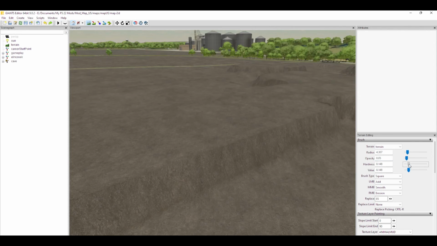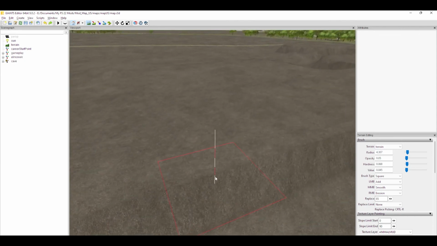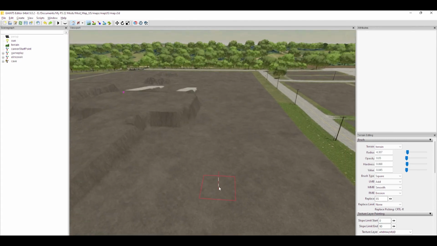Hardness, go down a little bit lower. And even the value, we can turn that down a little bit lower. Now, the thing to keep in mind, too, is that since it's water, it's going to have a greater effect going from areas of higher land to lower land, obviously, because water runs downhill. So it's going to have a bigger impact on that hill than